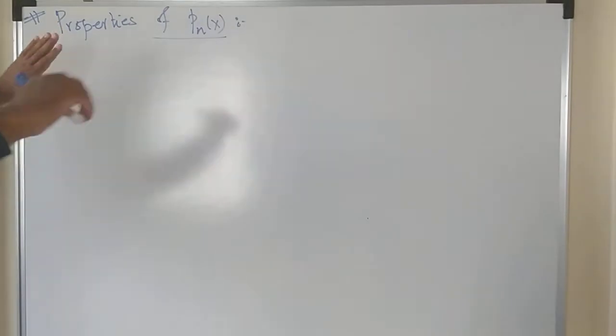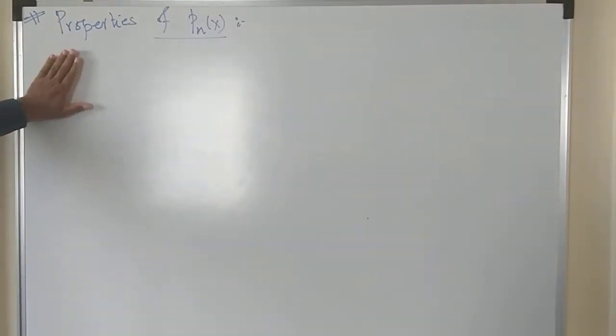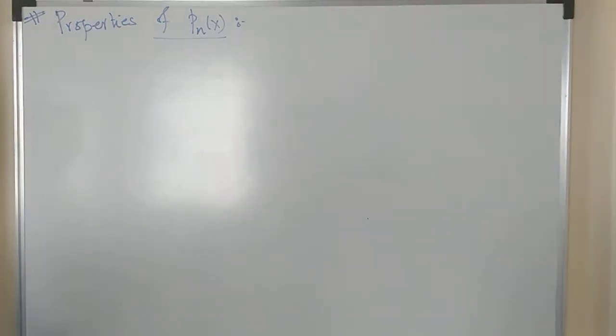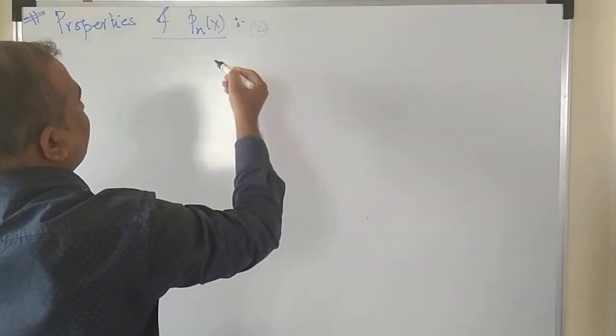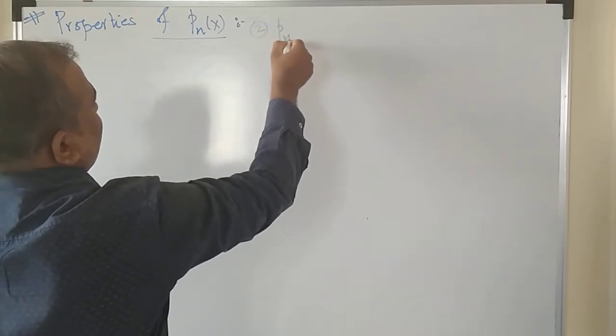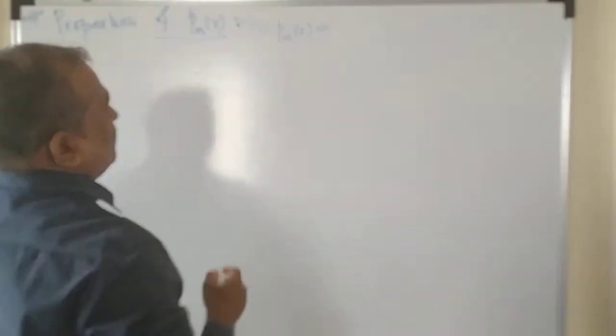Let's go for the second property of the Legendre polynomial. The second property is: prove that Pn of 0 is equal to, second property, Pn of 0 is equal to